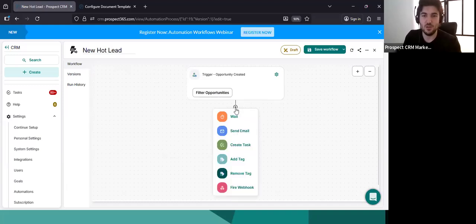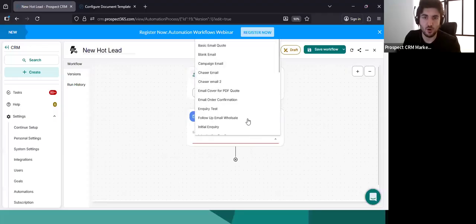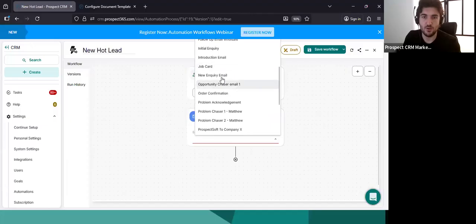the way as well. So first of all, what would we like it to do upon this new opportunity being created? In this case, we want to let the customer know that we've got this opportunity. And so we're going to send them an email to let them know that we've got it. So in here, we're going to pick an email template that's already been made. In here, we've got one I made earlier. This should be a new inquiry email. Here we are. But any email template that you've made in the CRM, you'll be able to select from these